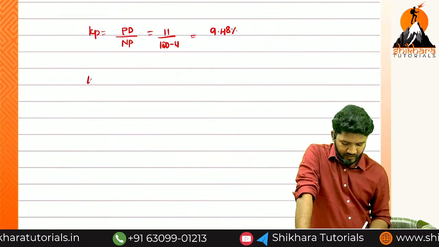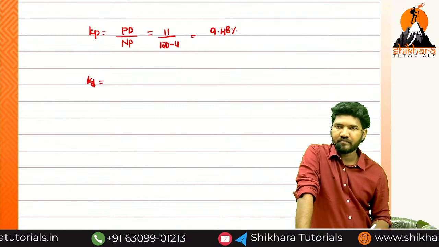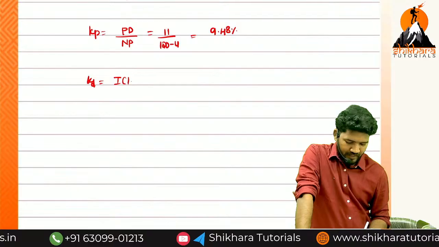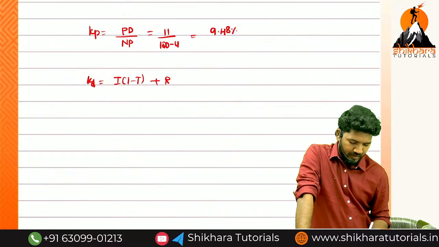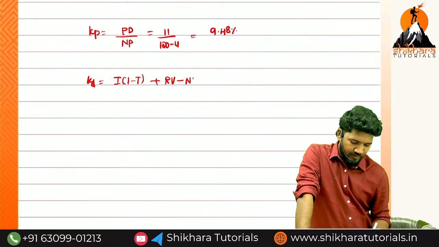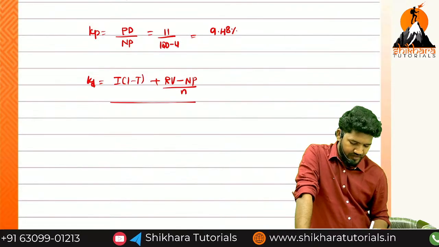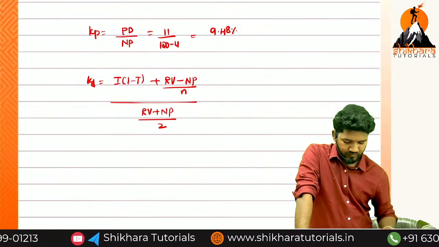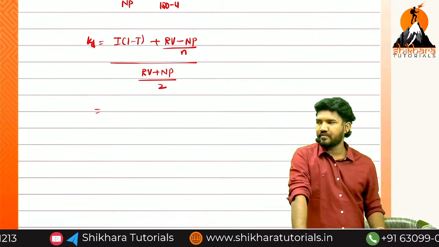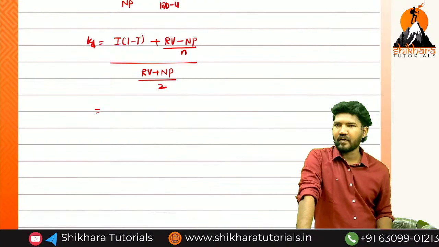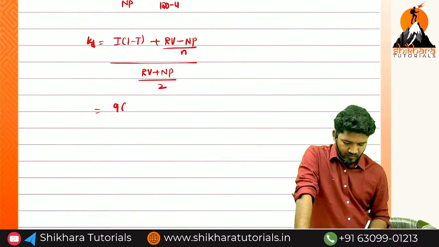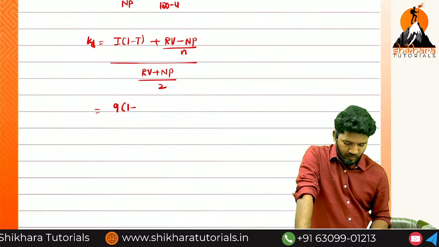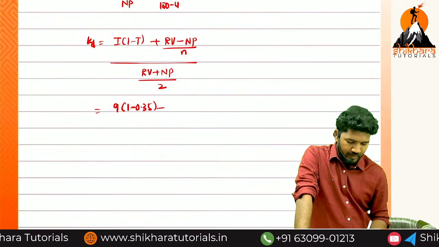Next, KD, redeemable and irredeemable. Interest times (1 minus tax) plus repayment value minus net proceeds divided by n number of years, over the average of repayment value and net proceeds. Now what is the percentage of interest? 9% on face value, 9 rupees. Tax rate 35%. 1 minus 0.35. Repayment at,